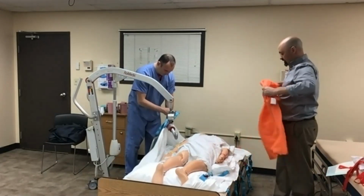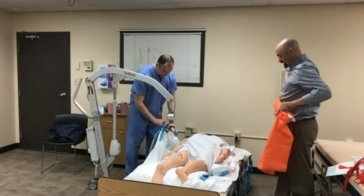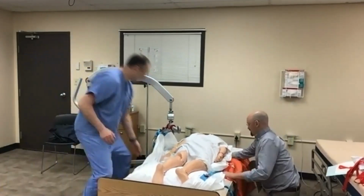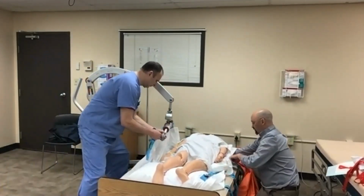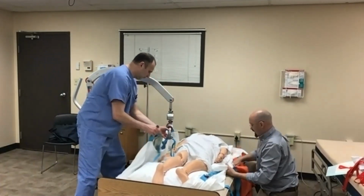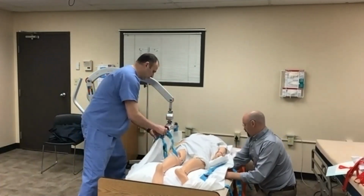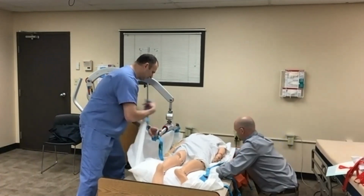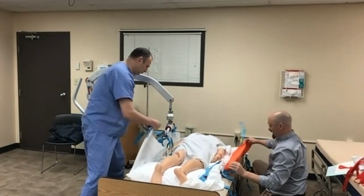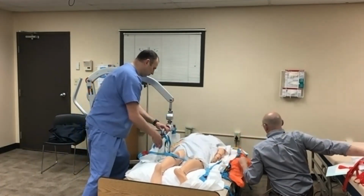So I'm going to just apply this by tucking it directly under these two surfaces, just like I would be doing a normal tubular slide sheet. Make sure I'm covering the large portion, which is from the hip to the head. If you notice, I have a piece hanging out here. I'm going to take my